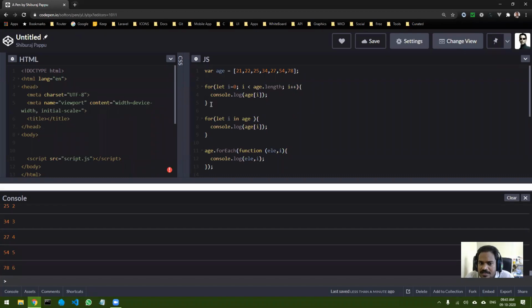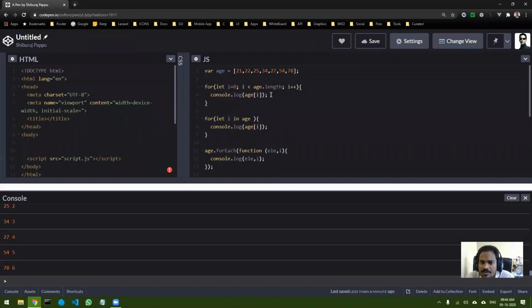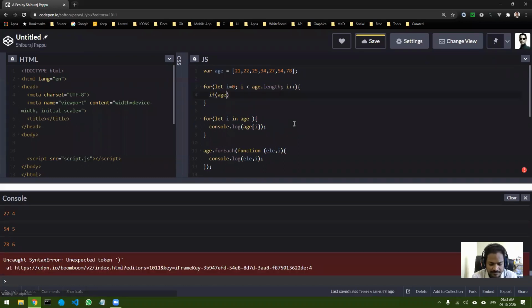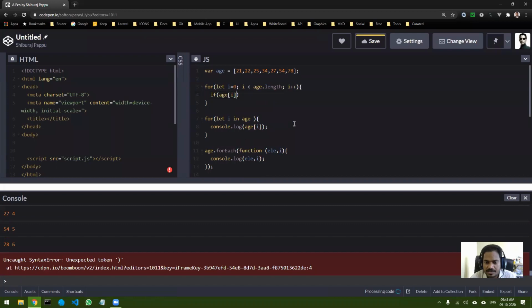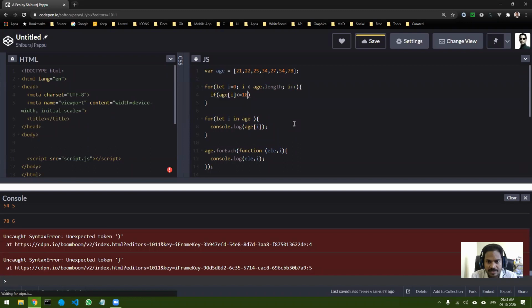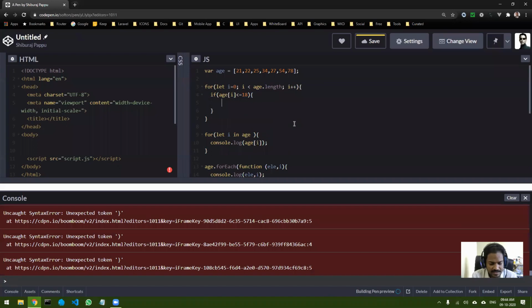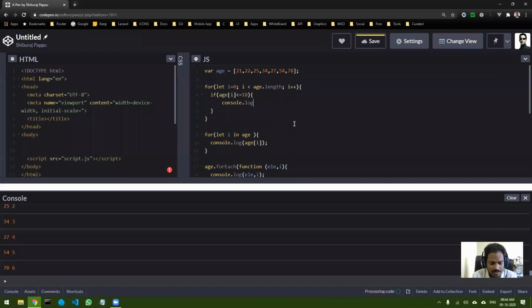You can apply it with any of the for loops. What you will do is just replace this with an if condition. If age of i is less than or equal to 18, I can say console.log and I will say less.